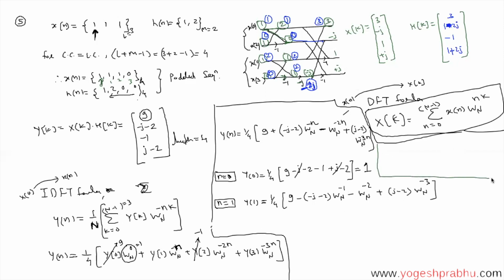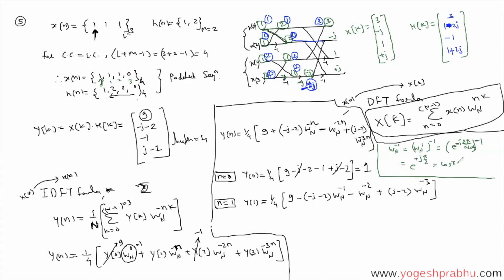we have to figure out these values now. What is going to be wn to the -1? It is wn to the 1 to the -1. wn to the 1 has a standard formula, e to the negative j 2 pi by n, to the -1. That's the formula of wn to the 1. Okay. N is 4. So you get this as e to the negative j. That becomes positive, right? There's a minus outside. Okay. Positive j pi by 2,